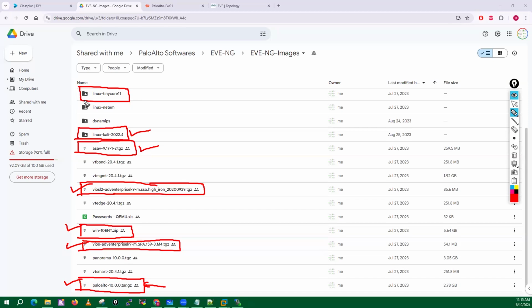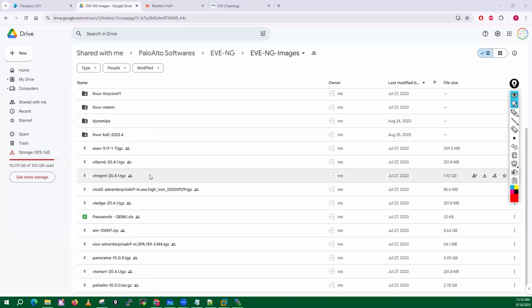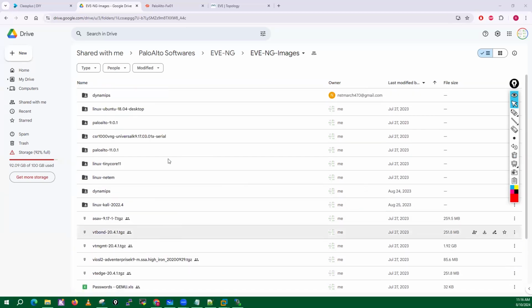These are the images I need in your EVNG for all the labs I will do in your training. This vBond, vManage, vSmart, Panorama you don't need. This is for the SD-WAN because I'm using the same drive for multiple classes and all. And after that, download the